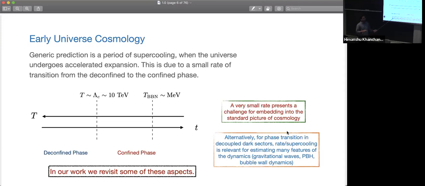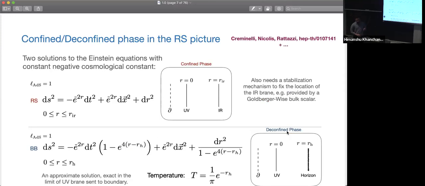And now, in the work that I'm presenting today, we will revisit some of these aspects, and we will see that there are some changes to what people have thought about. So now, to get into the details, the confined and deconfined phases